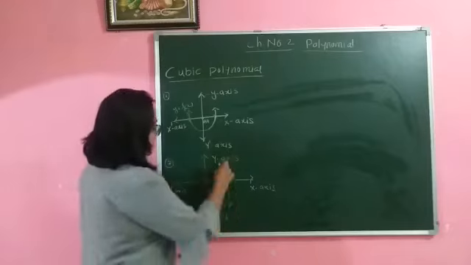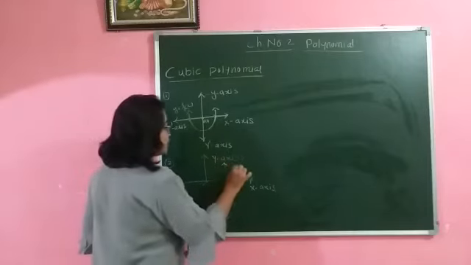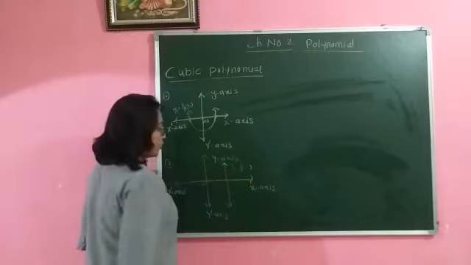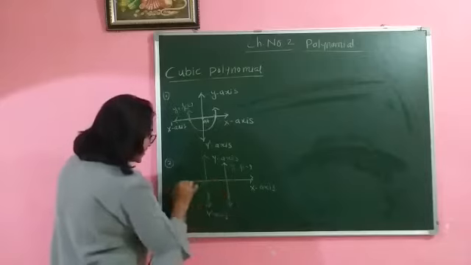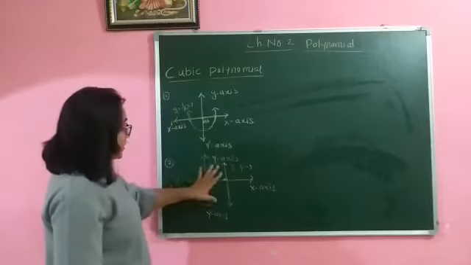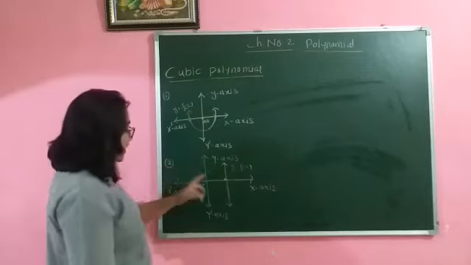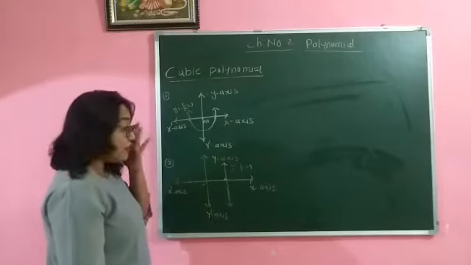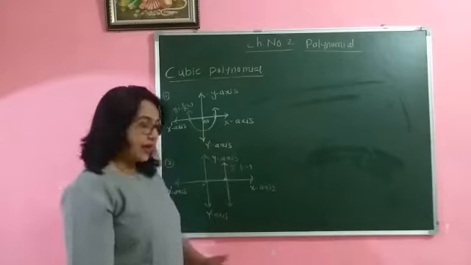Suppose this is the function, this is the straight line, and it is the function y is equal to f of x. You know that this line intersects the x-axis in only 1 point. So how many solutions of this polynomial will you get? Only 1. Whenever we are talking about a linear polynomial, linear means you will get a straight line graph.